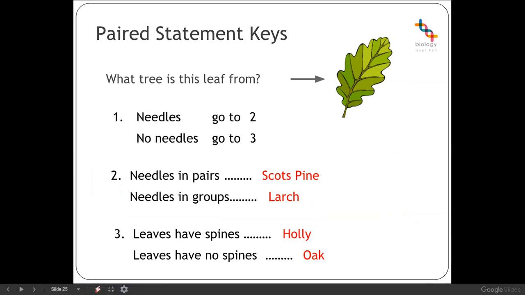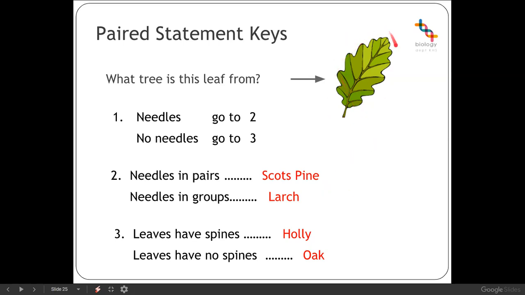Moving on to our other type of key. This one is what we refer to as a paired statement key. And what we're looking at in this one is very similar to a branching key, only in this case we have statements which are based in pairs, and depending on your answers to each question, you're going to have to go to a second question. So if we look at this